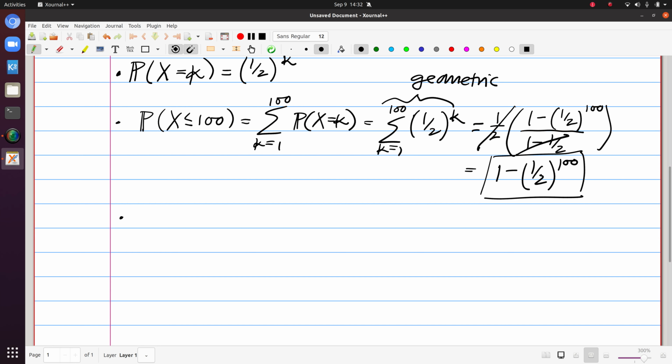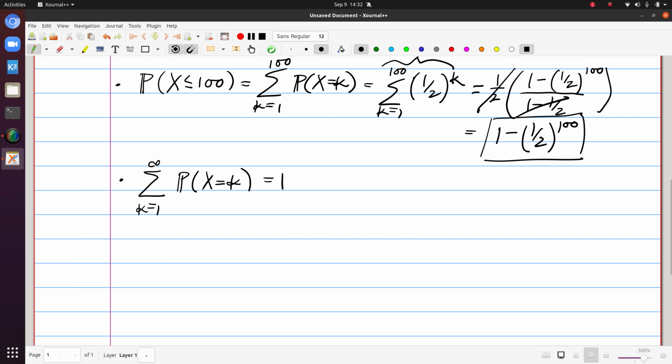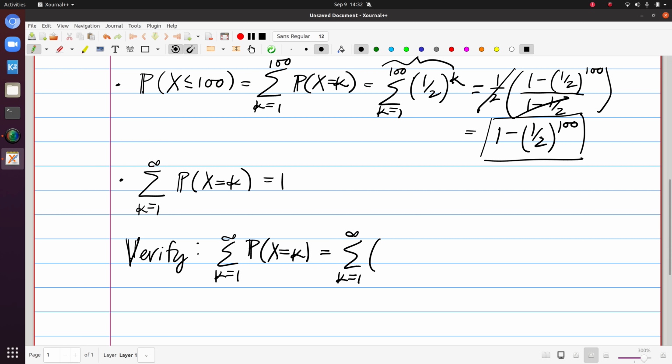And then finally, if we were asked what's the sum from k equals 1 to infinity of the probability that x is equal to k? From context, we know that this should be 1 because we talked about the sum over all possible outcomes, that the probability should be 1. But we can also verify this mathematically. So we can verify this now because the sum from k equals 1 to infinity of the probability that x is equal to k in this instance is the same thing as the sum from k equals 1 to infinity of